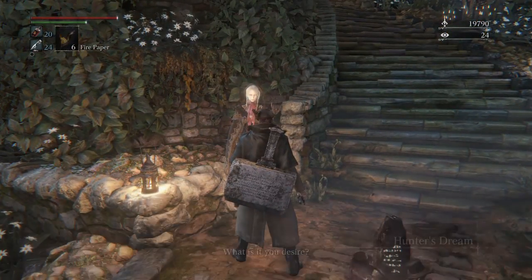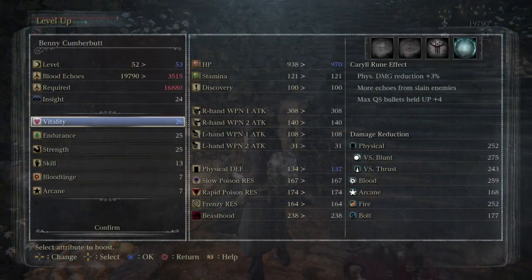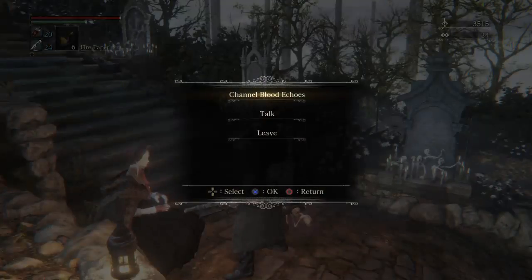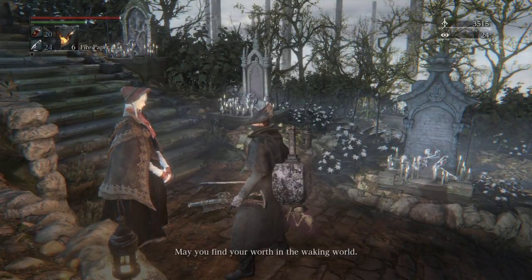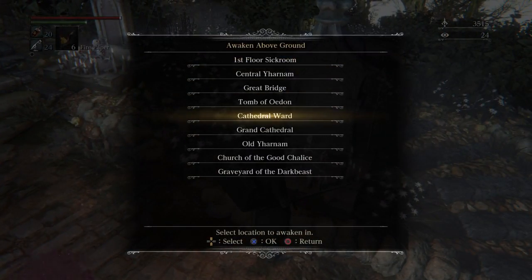Welcome home. What is it here? Very well. Let me stand. More hit points. Farewell, good. May you find your way. Okay. So